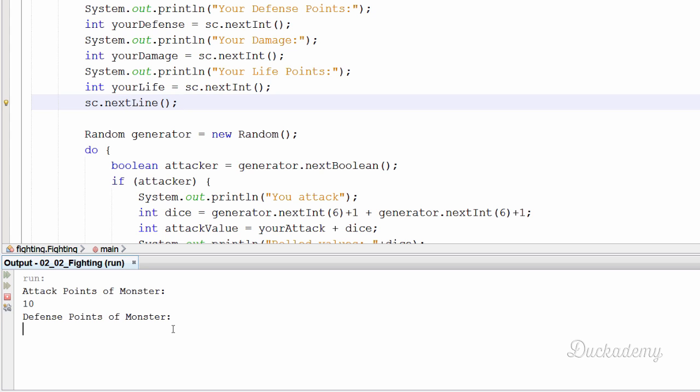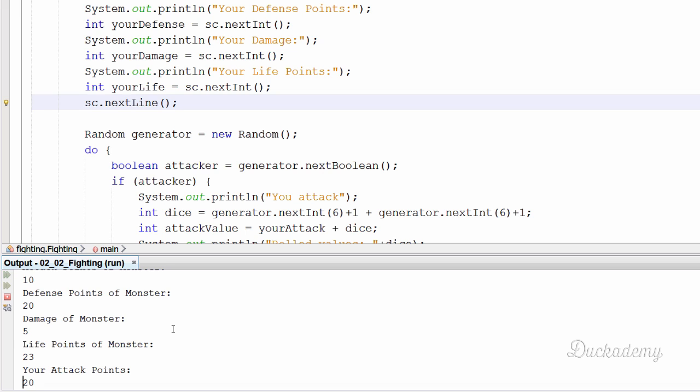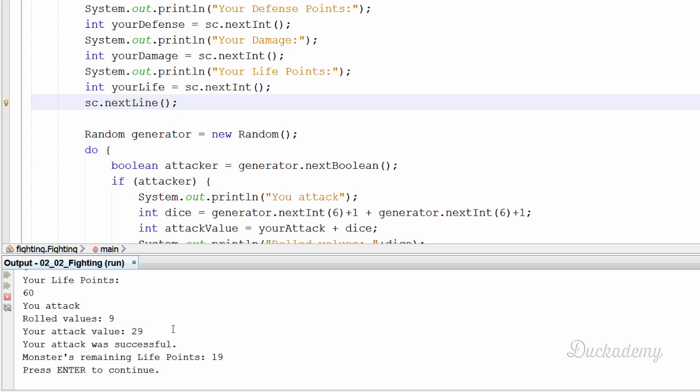Attack points of the monster, defense points of the monster, damage of monster, life points, my attack points, my defense points, my damage, and my life points. So as you can see, we emptied the read-in buffer with this sc.nextLine, and the first press enter is followed by the enter reading. So if we are putting the enter, then it executes the fight round by round until